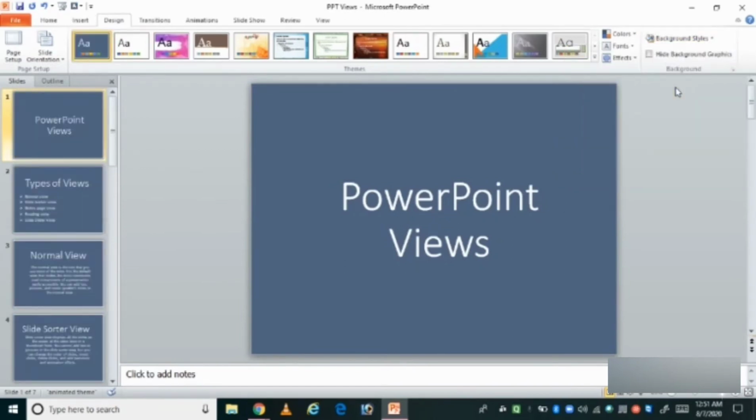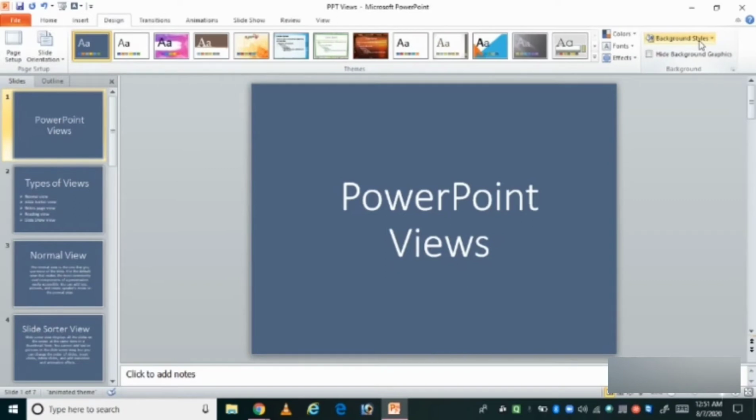In addition to the background style, you can also format the background by changing its color, texture, or pattern as per your requirement. For this, to format the background, you have to click on the Design tab, Background Styles, which is under the Background group.